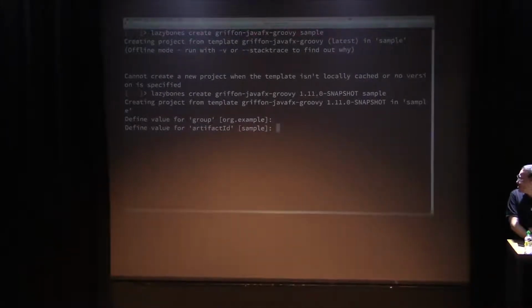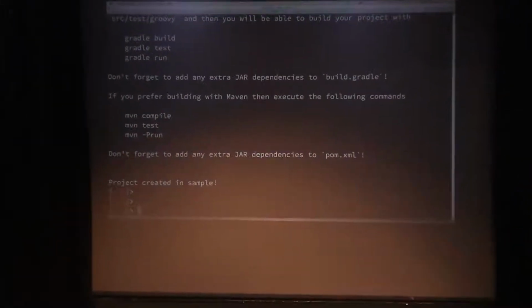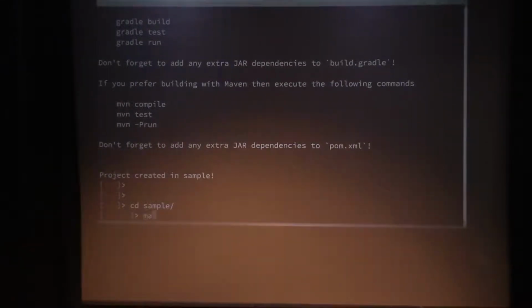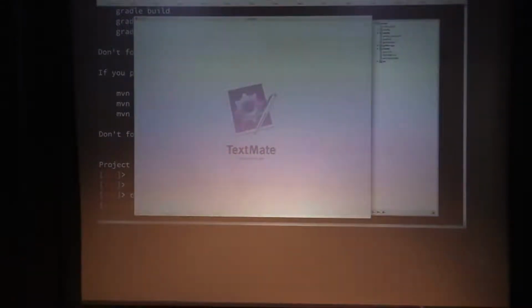Lazybones create. I'm going to create a Griffon JavaFX Groovy project, because we're at a Groovy conference. Like an archetype, it will ask me some questions. Oh, come on, I don't have the latest version. I don't have network, so I know that the latest version is the one that I'm currently working on. It should be this one. Okay, so it will ask me some questions, and I'm going to accept all the defaults. Perfect. Going to that one, and if I look at the project now,